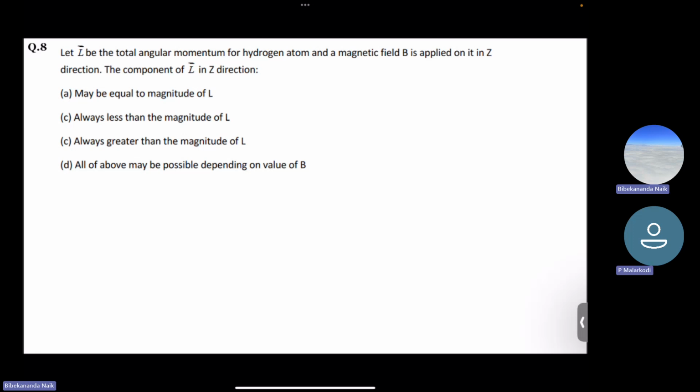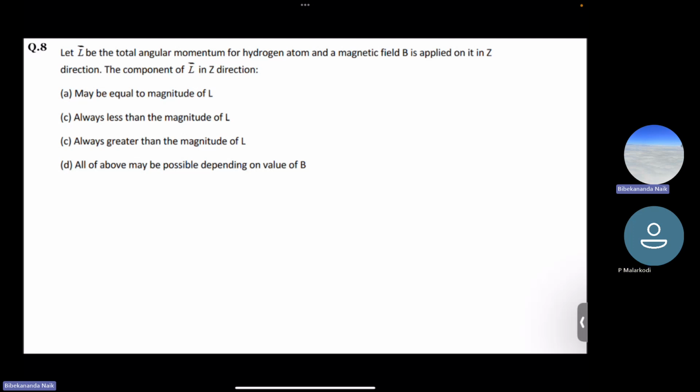Sir, is it D? No, so how are you saying it will be D? Sir, based on Hall effect, I thought of, sorry. Sir, our teacher taught the Hall effect. No, can you tell me